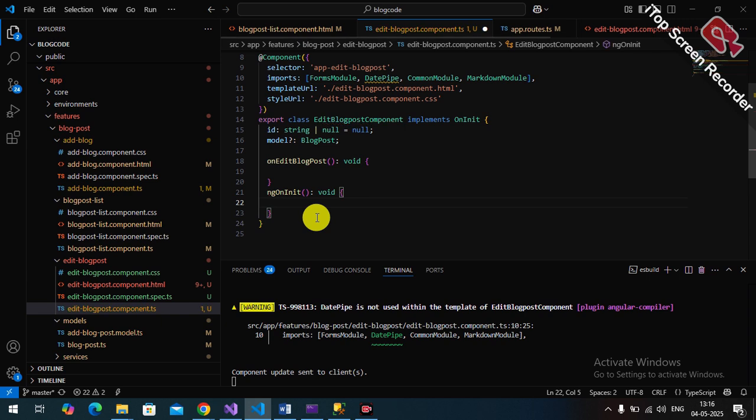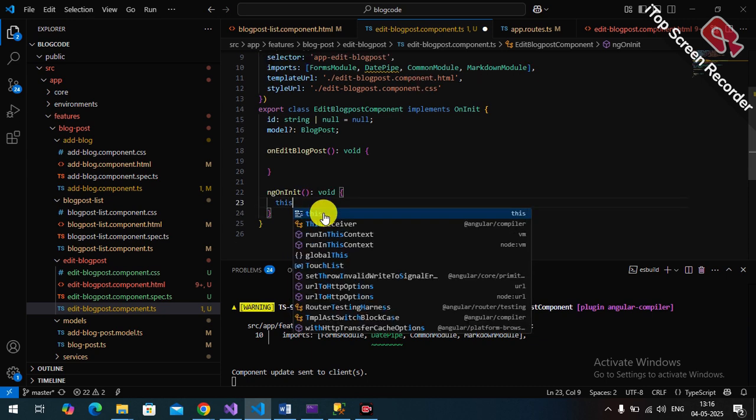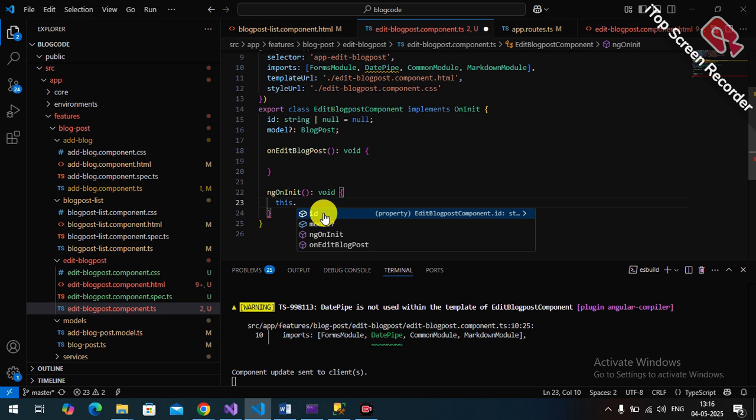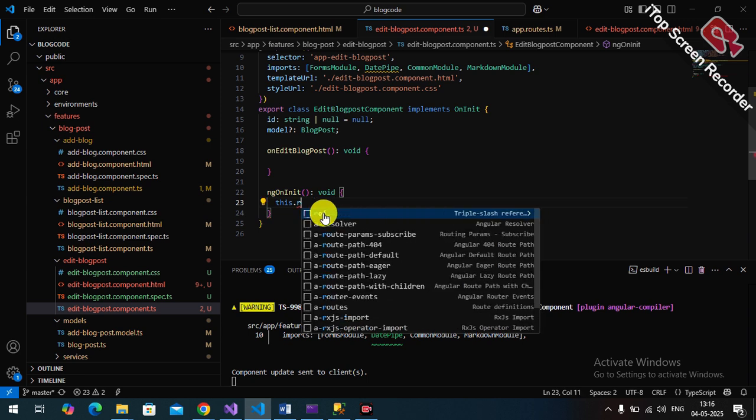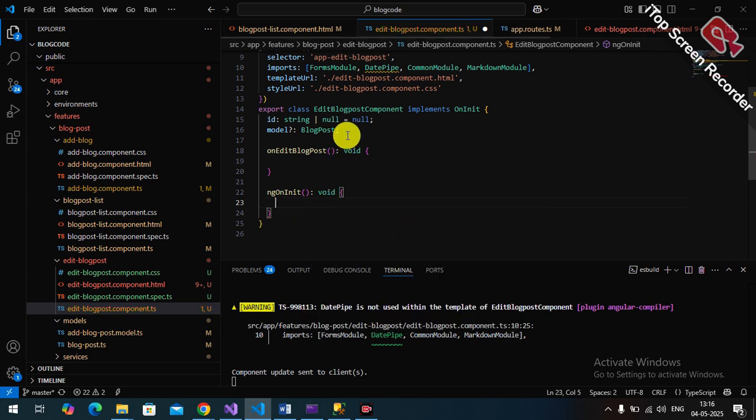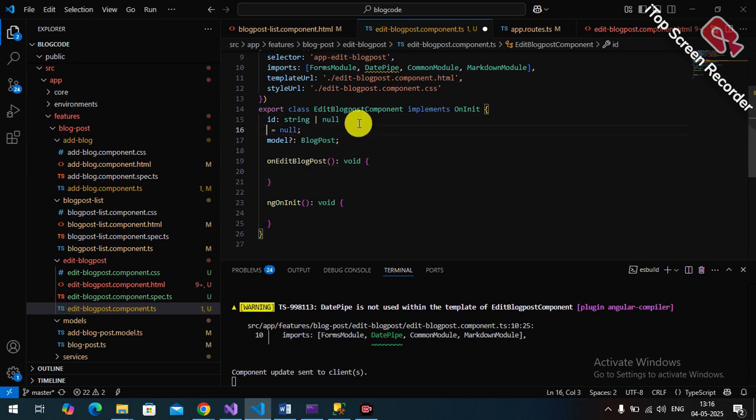In ngOnInit here, I will write this dot route param, right? So this dot route, okay. For route we need to declare one constructor, and in the constructor we need to declare